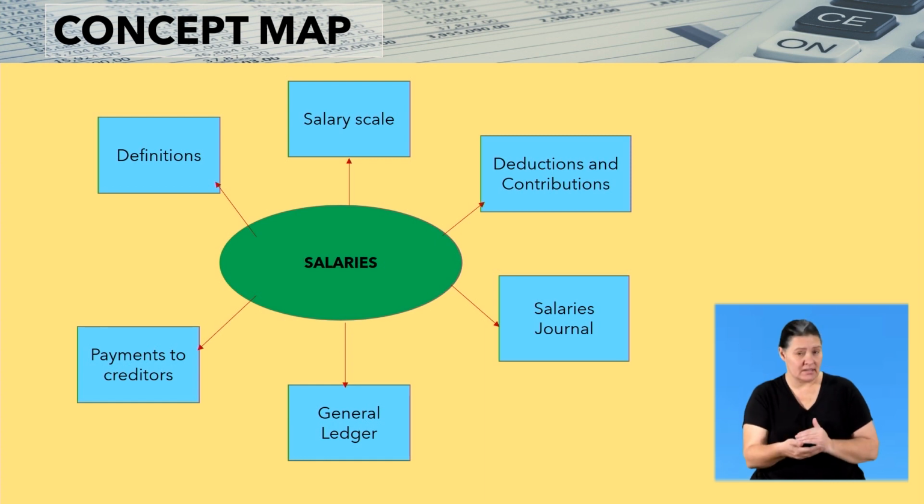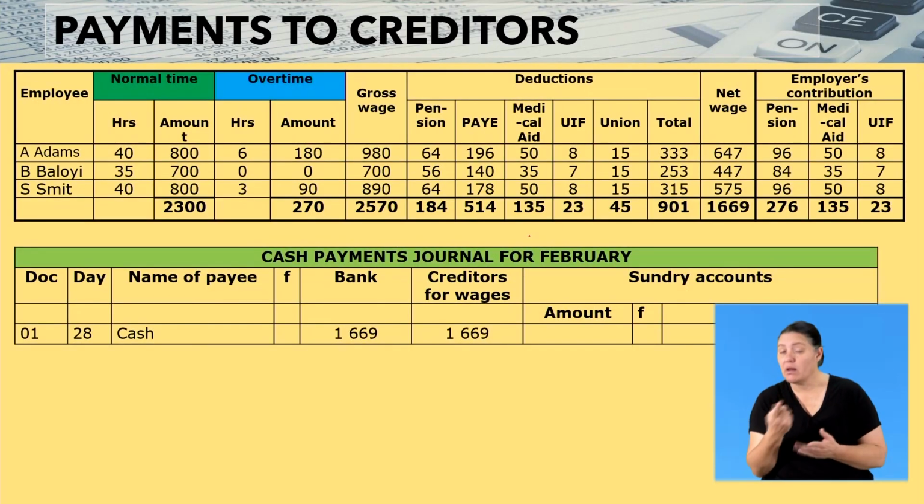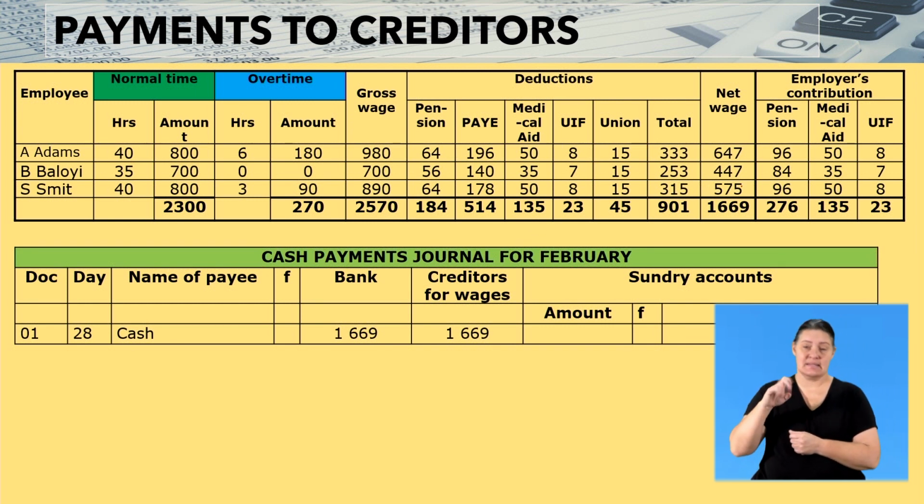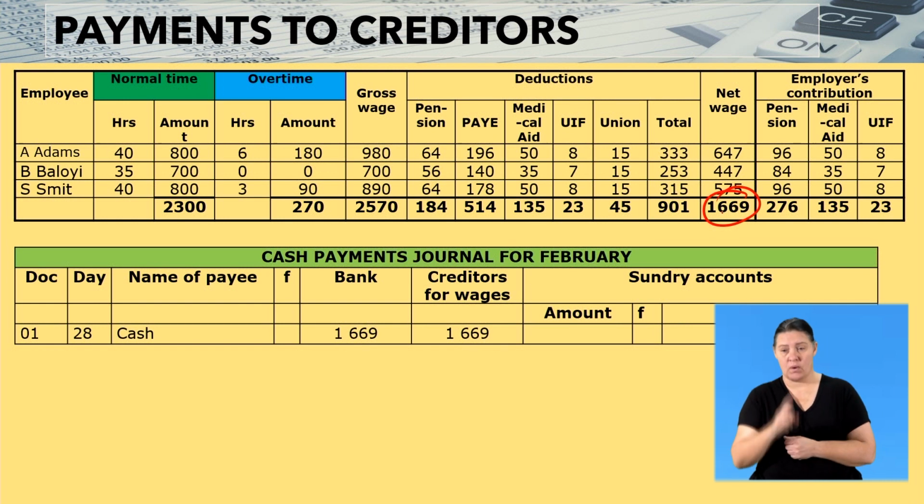After you have posted to the general ledger, it is very important that you understand how to record amounts from your wages journal into your cash payments journal. In the cash payments journal, remember, this is being done weekly, okay? So in this week, we're going to take an amount that is my net wage, 1,669. I bring it into my CPJ, and then I'll say cash,